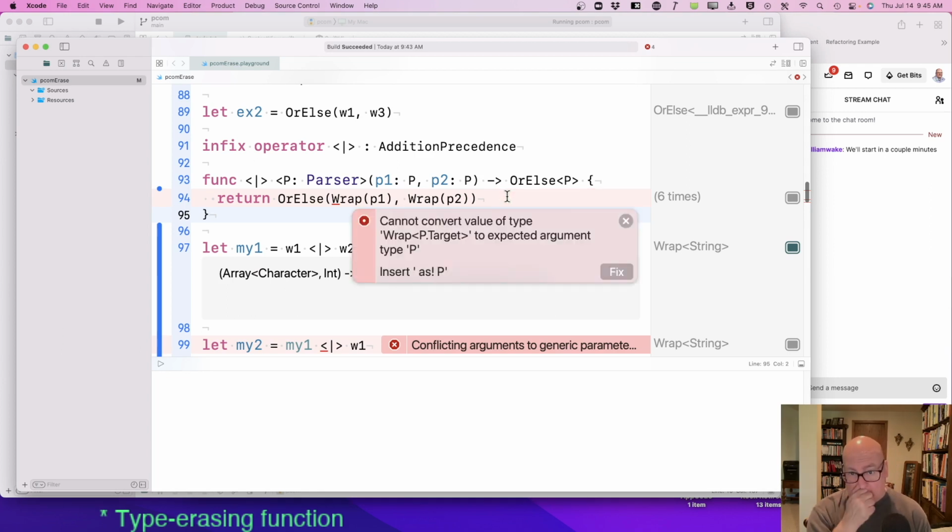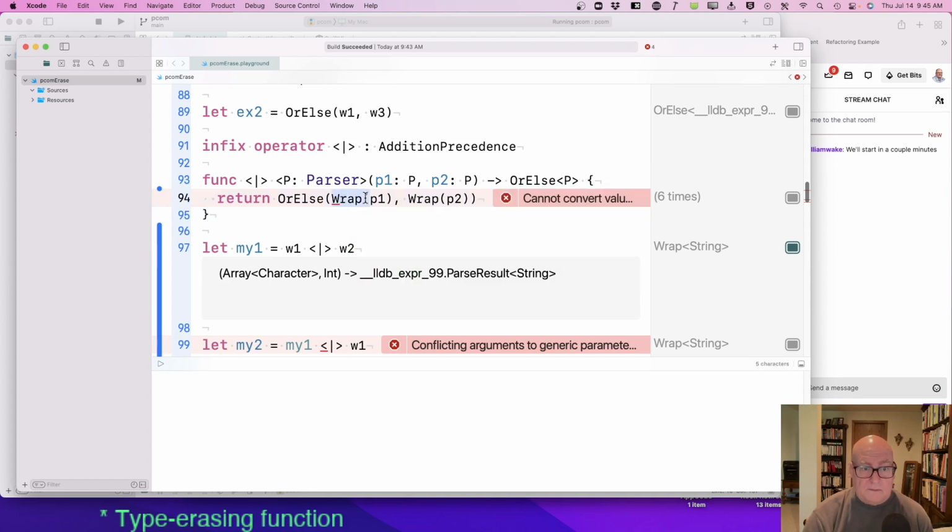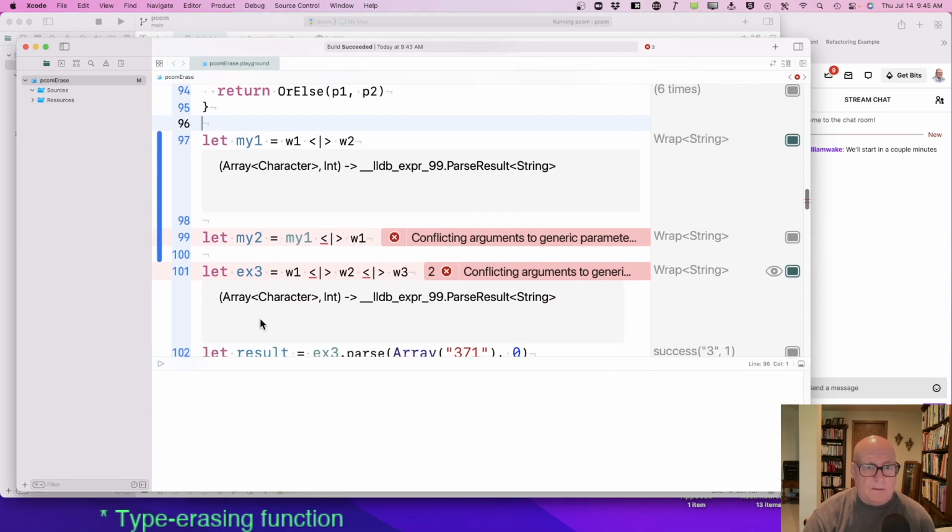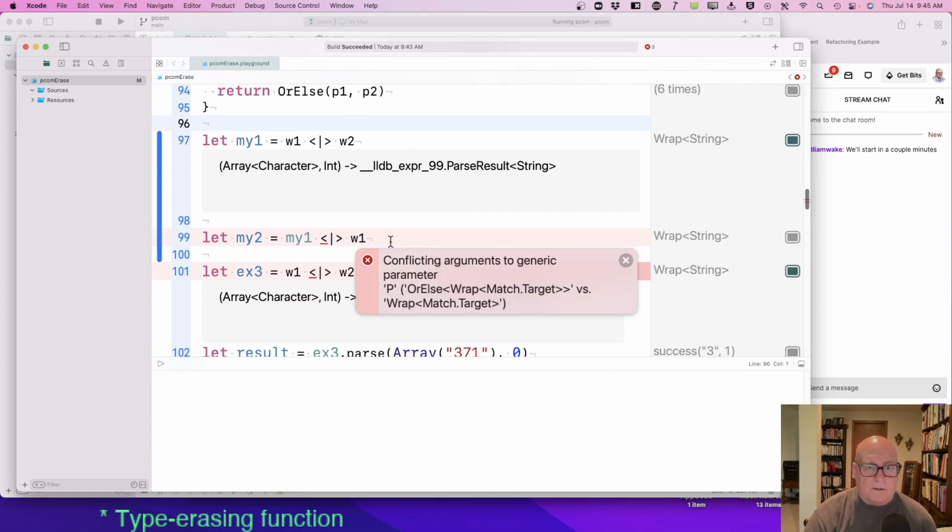Cannot convert value. Expected type. So I'm just going to put these back. Okay. P1, P2, P. Conflicting arguments to generic parameter type.